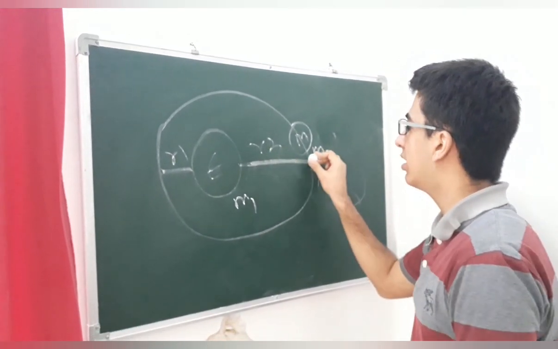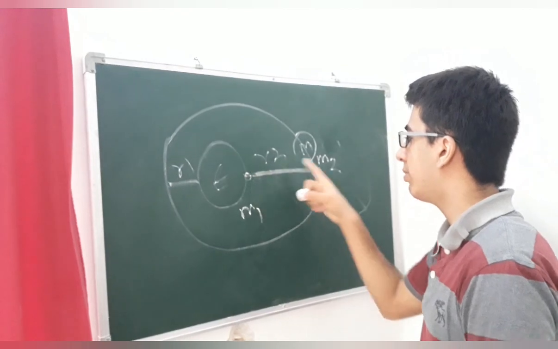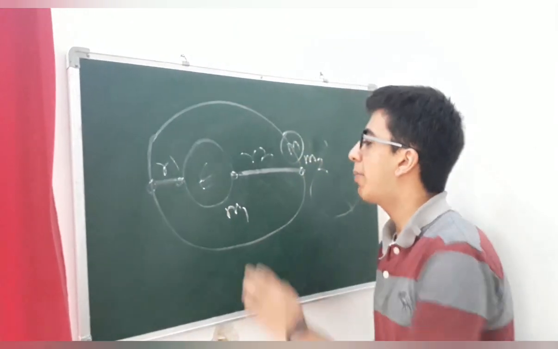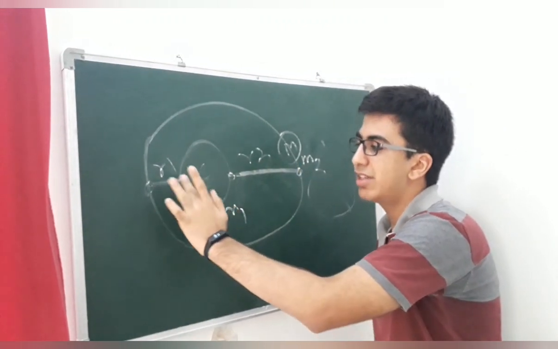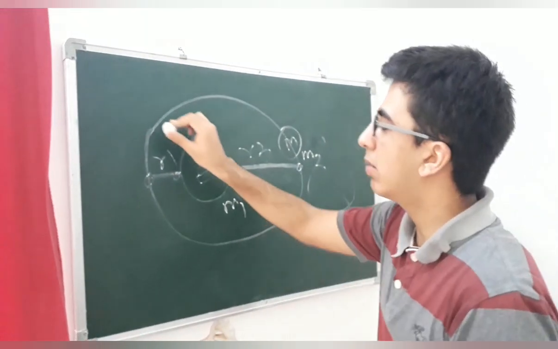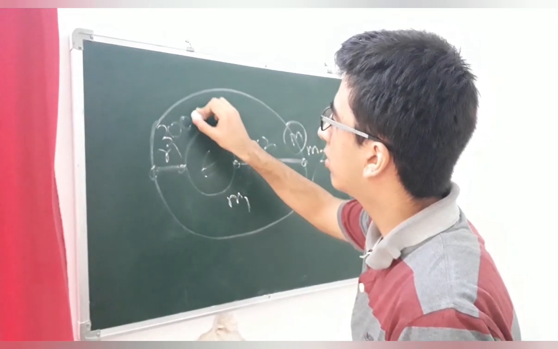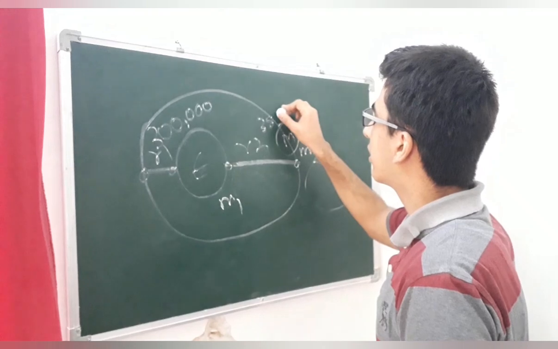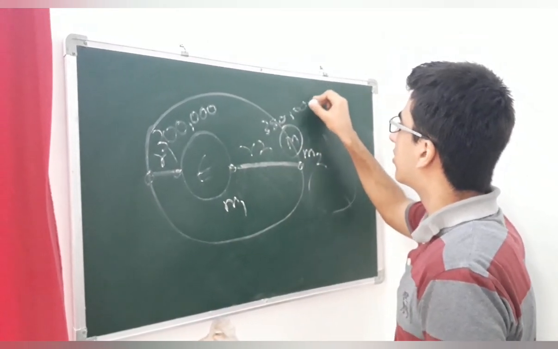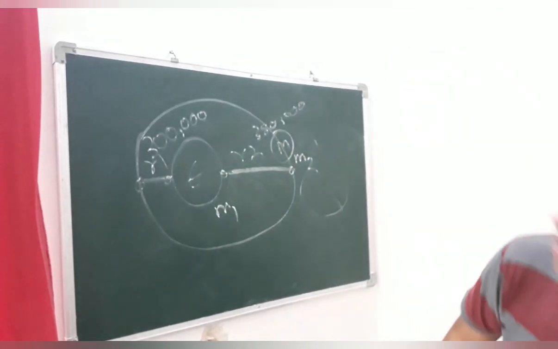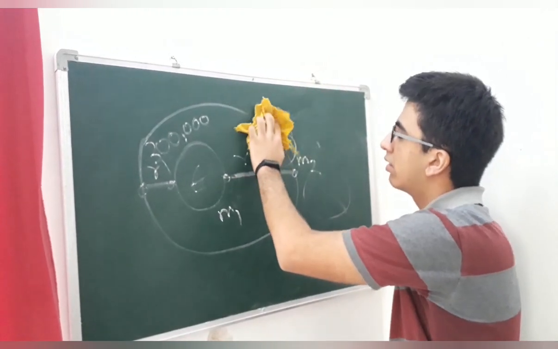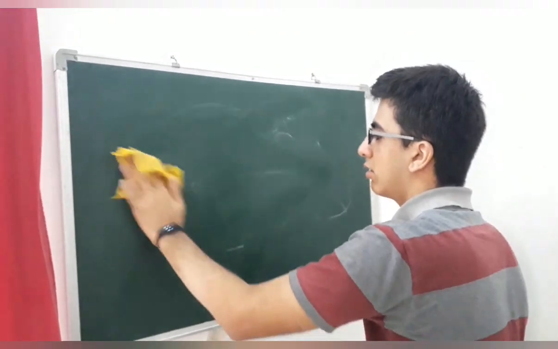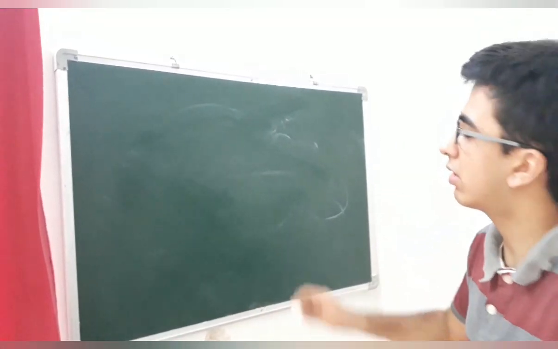The distance to this point is normally called the apogee, and this is normally called the perigee. The apogee is the longer one and the perigee is the shortest part. This is about 300,000 and this is about 380,000, in kilometers. Now I'm going to explain how this would cause solar eclipses. This was just some basic context.